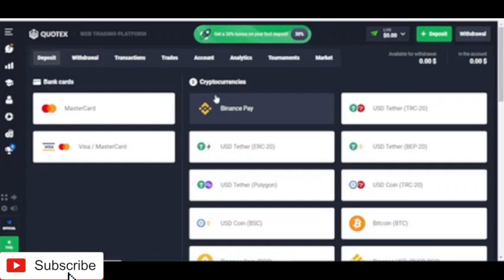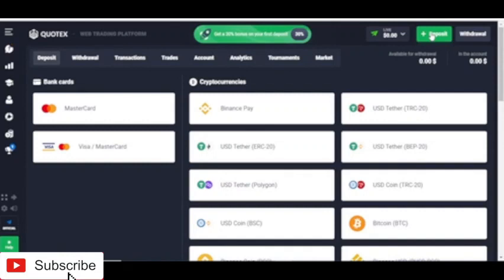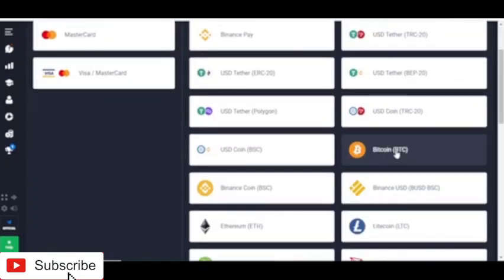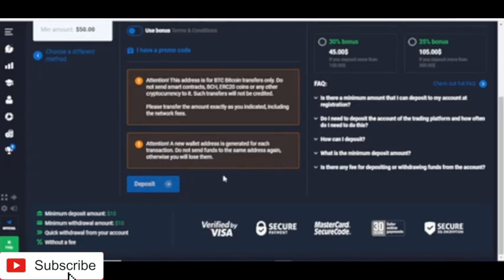You can make a payment using Binance, and Binance is even actually cheaper, in the sense that Binance is only 10 USD. And on these other platforms, maybe probably you have coins in maybe your Exodus wallet, and you might want to make that transaction. But how do you go about it? If you come on Bitcoin, maybe probably you have Bitcoins, so you just input the amount that you want to deposit, which in this case might be maybe 50 USD, and you click on deposit,